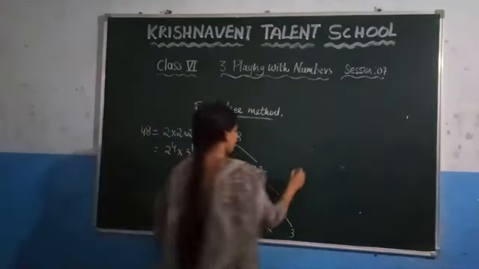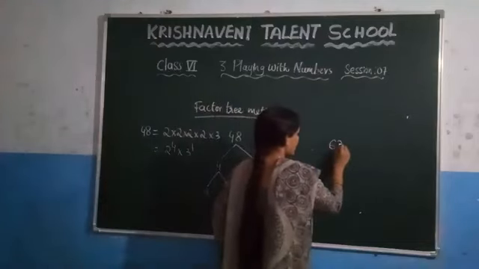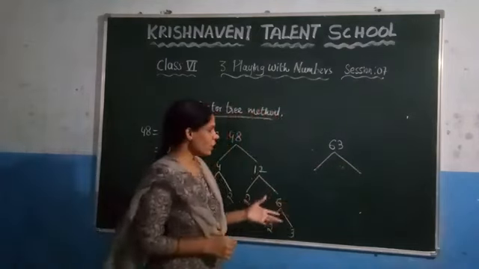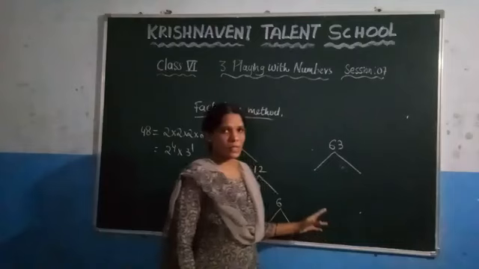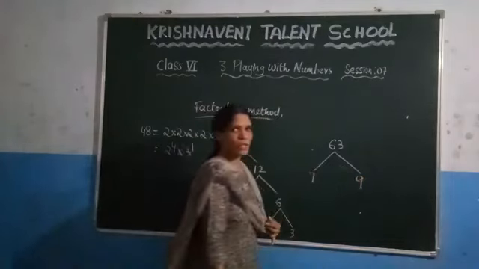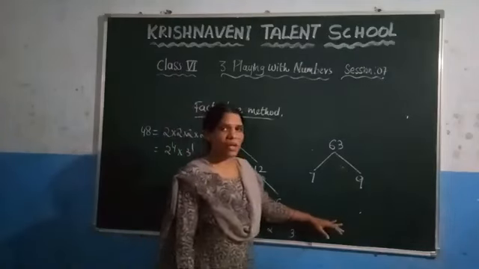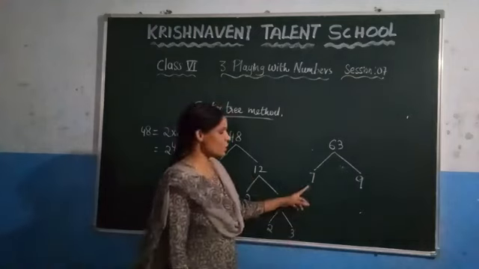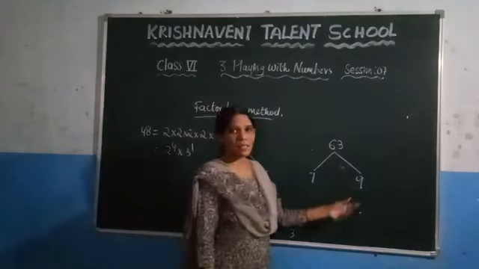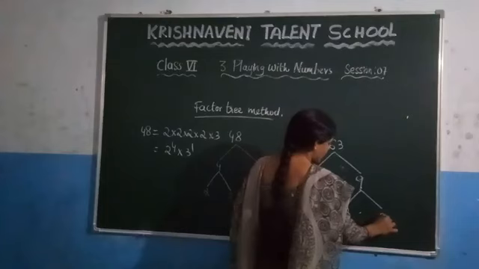So here again consider one more example, which is 63. And you can write 63 as a product of two numbers. You know that 7 9s are 63, write it here 7 and write it here 9. And you need to follow this procedure until you get all the factors as prime factors. You know that 7 is a prime number but 9 is not a prime number. Again write 9 as a product of two numbers. You can write it as 3 into 3.